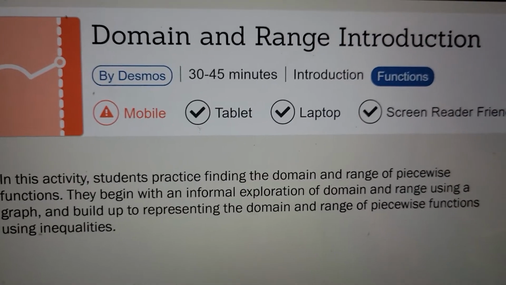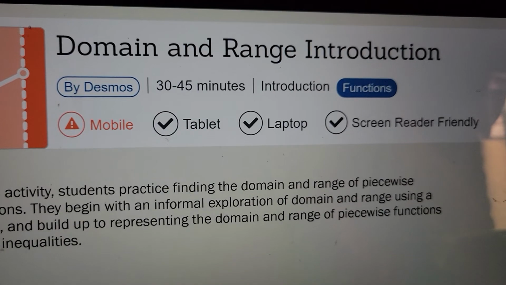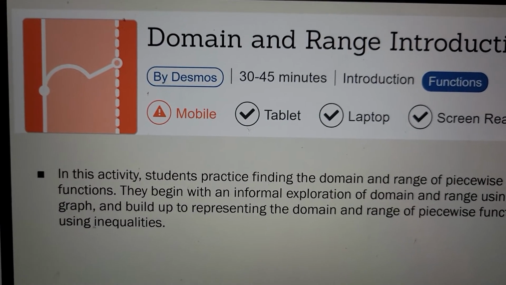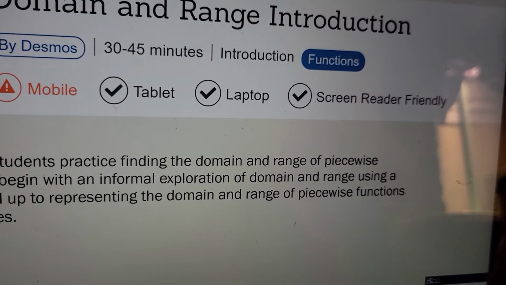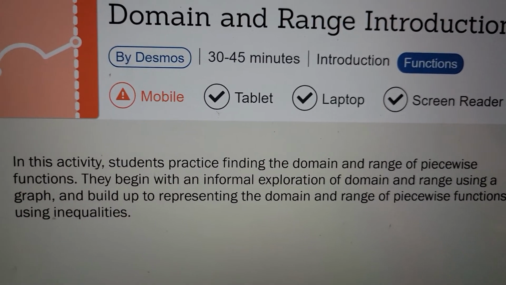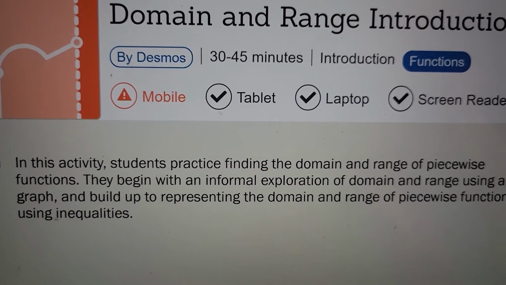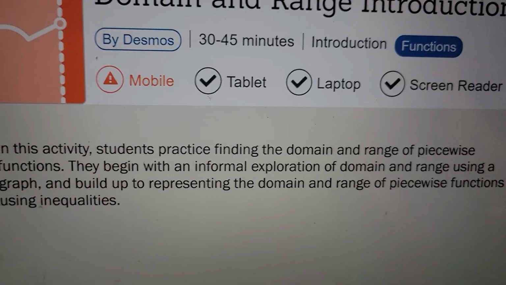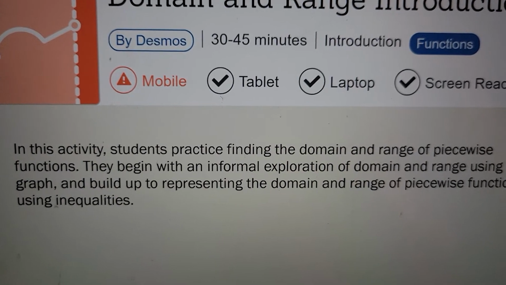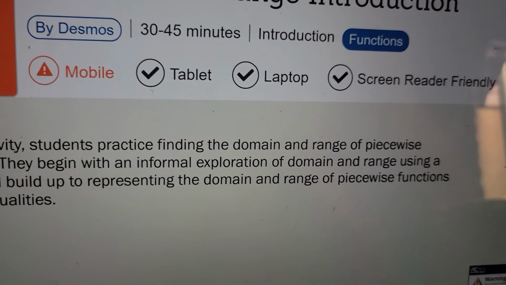So the next activity which I had was domain and range introduction. In this activity, students practice finding the domain and range of piecewise functions. They begin with an informal exploration of domain and range using a graph, and they build representing domain and range of piecewise functions